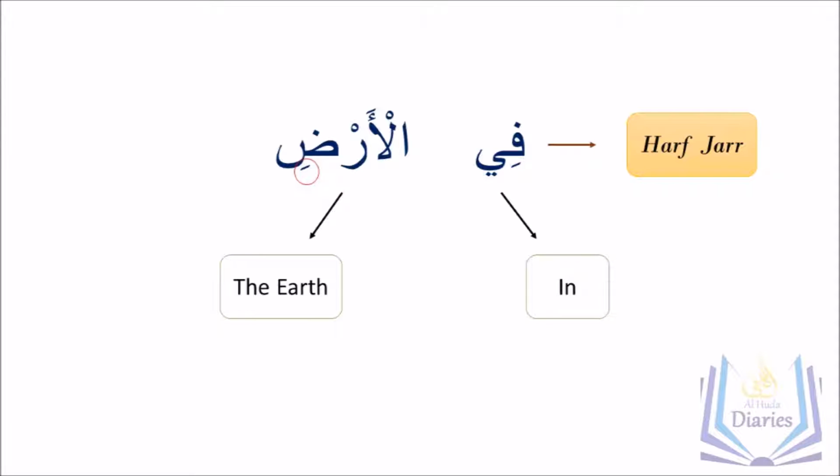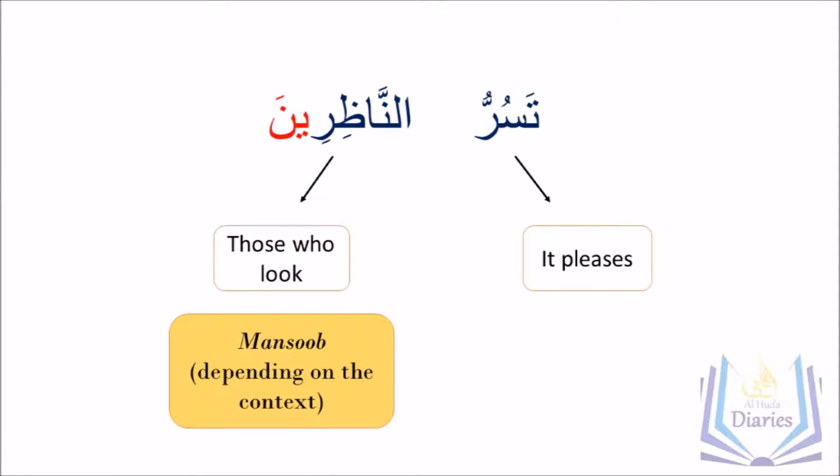Now let's look at another example where Allah subhanahu wa ta'ala says, إنها بقرة صفراء فاقع لونها تسر الناظرين. So الناظرين we see here is not الناظرون, but rather it is in the state of either nasab or jar because of the presence of yanun. So if we were to look at the context to see why it is in the state of either nasab or jar and not rafa, we see that in this particular ayah, an-nazirin, the onlookers, those who look, are not the subject of this particular sentence, and therefore it cannot exist in the state of rafa.